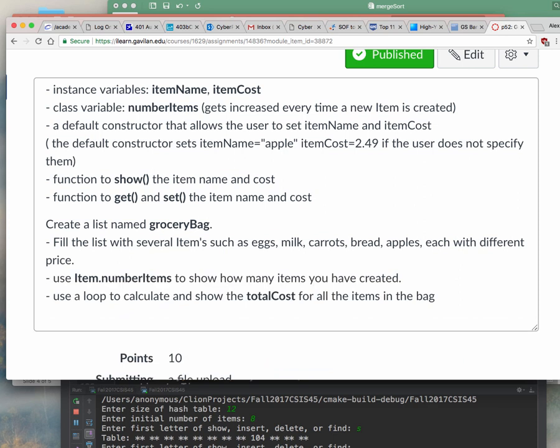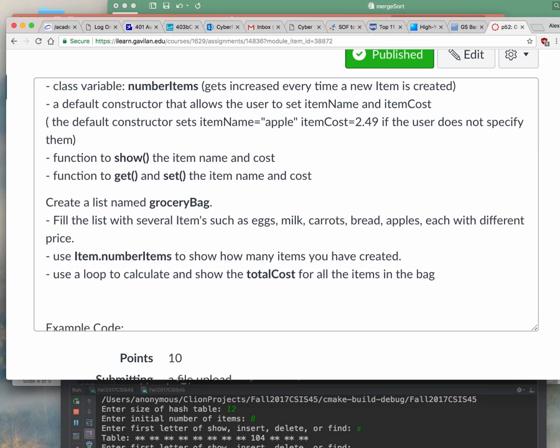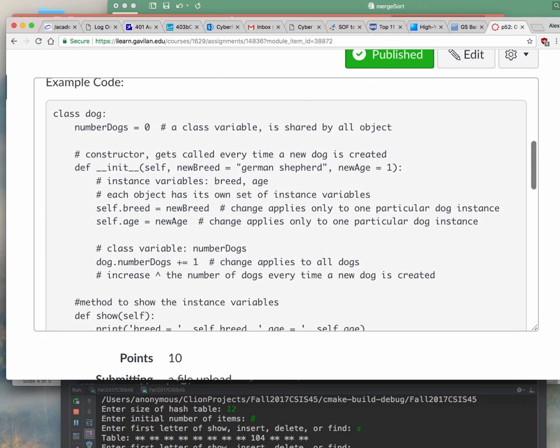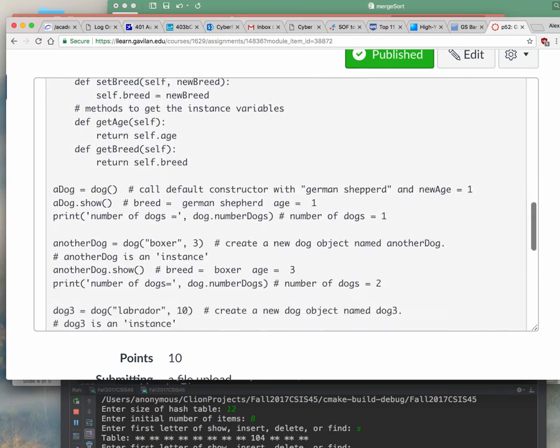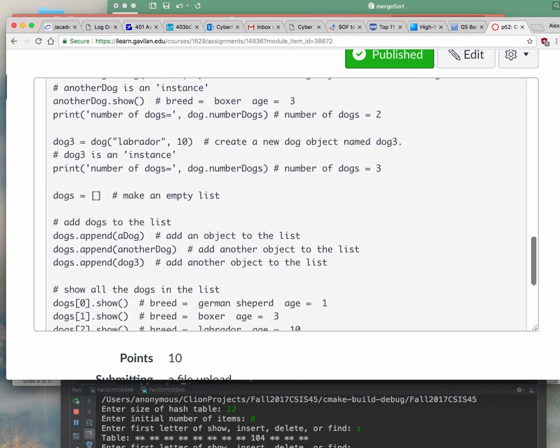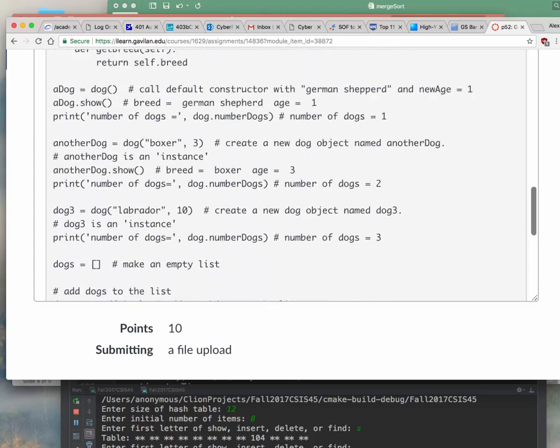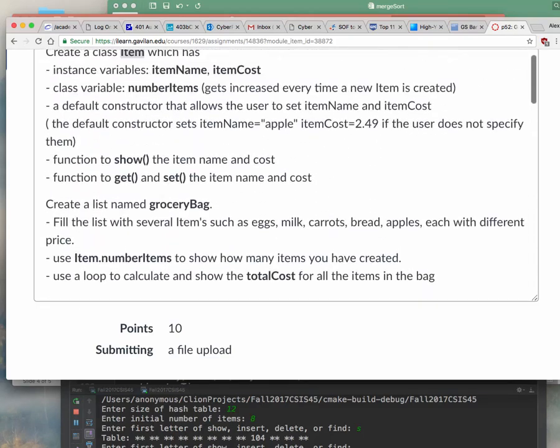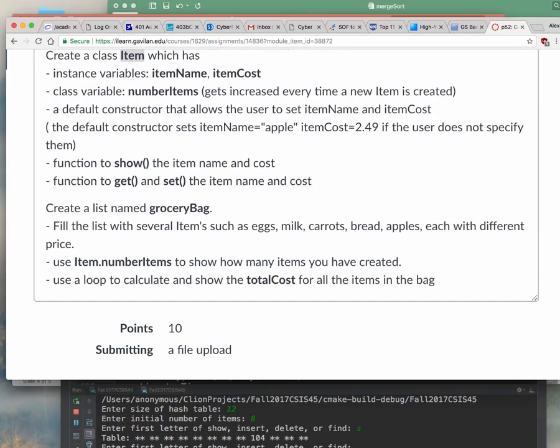So now you know, those are the data structures, and I spend a whole semester talking about these kinds of things in the data structures class. Anyway, that's what you're going to do. And in here, I have the example with the dogs and making a list of dogs. This is the example that you need to use to create a bag, which is a collection of items. Does that make sense?